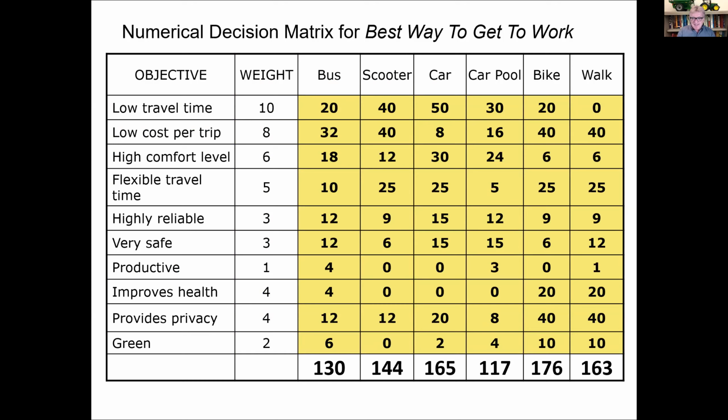You know, in this case, bike, pretty much head and shoulders above everything else. Car, not too far behind, and then walking is actually also not very far behind. But one of the things that is also important is to look at where your really low scores are. So in the case of biking, productive, not very high. Safety, there's some safety issues there. It's got a 6. Comfort level, on a really rainy day when you've got thunder and lightning and wind, not